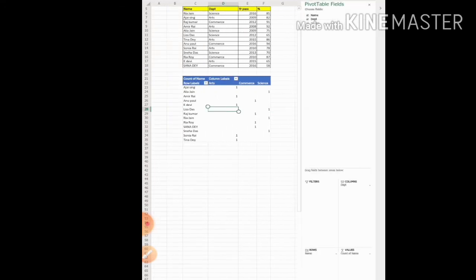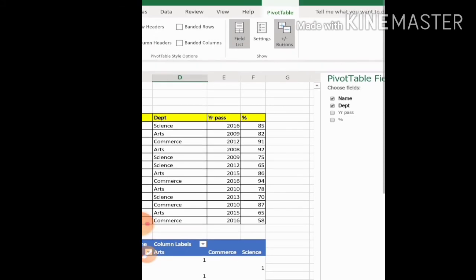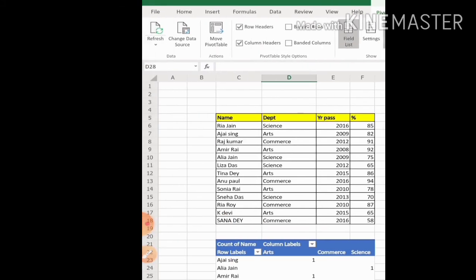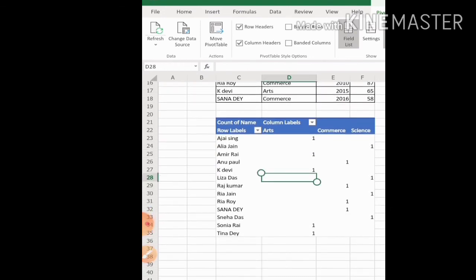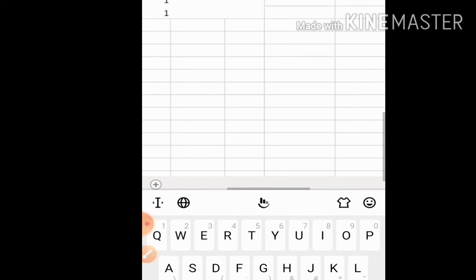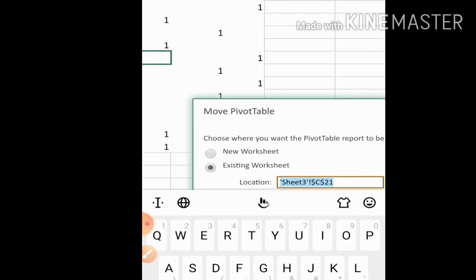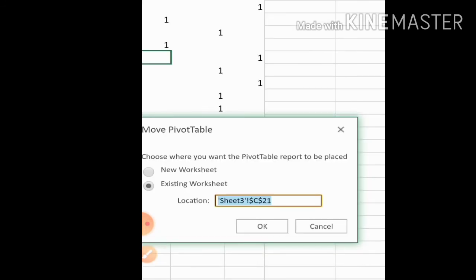Okay, so these are the options you can do, or you can simply go to the ribbon option, then go to the pivot table option, and see here you can go to the option move pivot table. You can change the place of the pivot table. For this you have to click on this, okay, and then the location of the new table, you have to give the location.